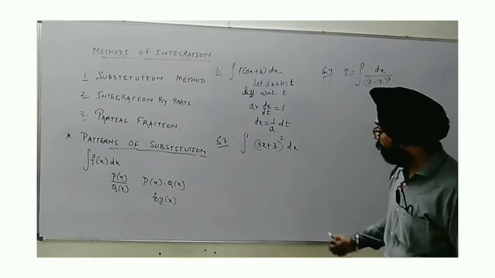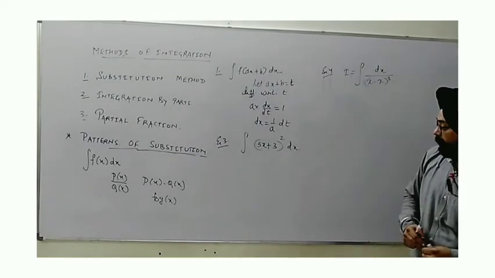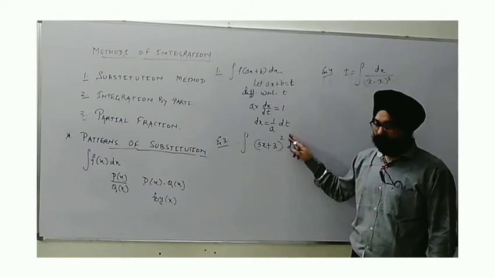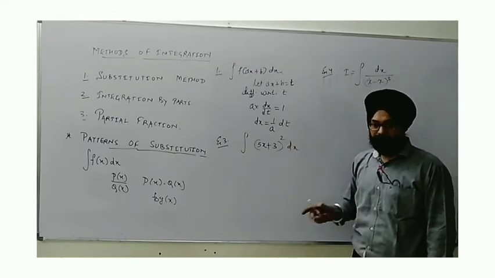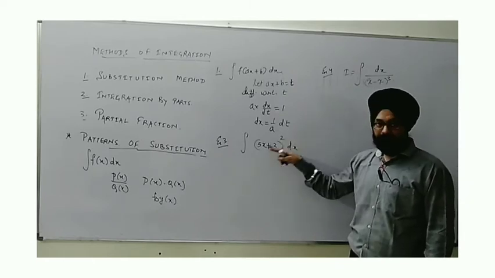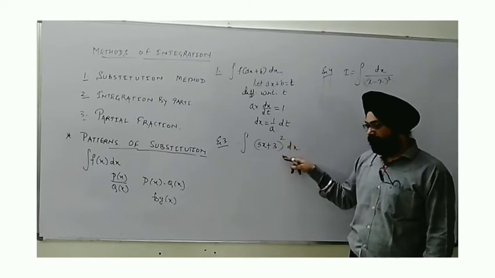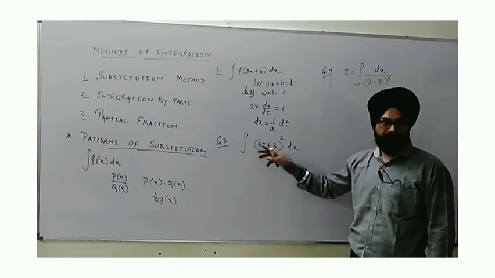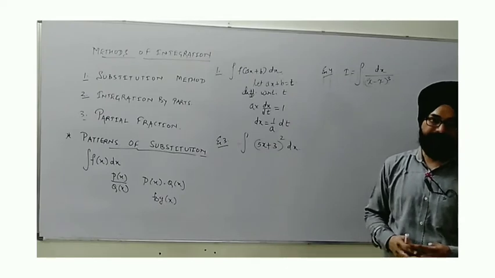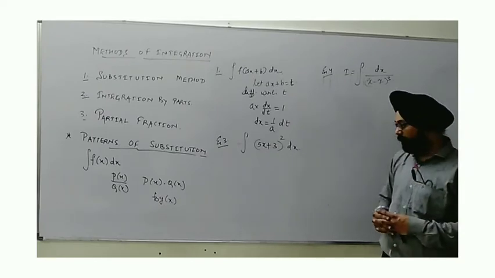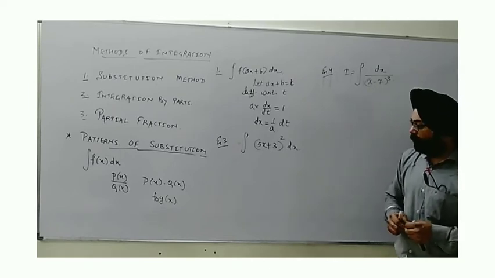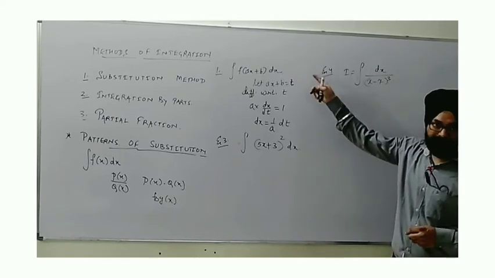Now you can see here in example number 3 I have taken (5x plus 3) raised to the power 2. To solve this one, there are two methods. Either you apply the (a plus b) whole square identity, expand it, and then separate the terms with integration. This we have actually seen in the basics when the fundamentals of integration were introduced. At that time I solved such questions. But what I want to apply here is the substitution method.